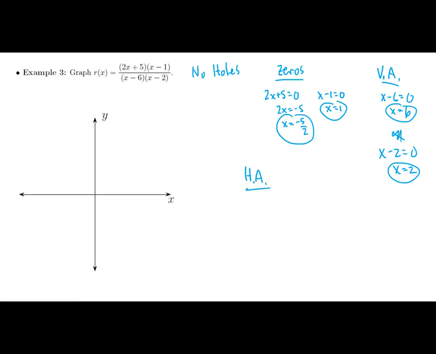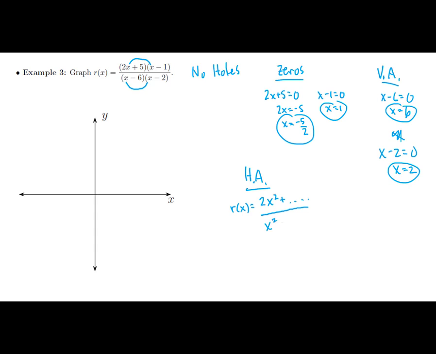Now in this case, it's already factored for us, so it's actually a little more challenging to see what the highest degree term looks like. So we could just FOIL both of these out to see for sure, but let's also understand that when you do FOIL them out, it's the first times the first in both cases that are going to produce the highest degree term. So I'm just going to be lazy here, and I'm going to say this function we're looking at is 2x squared plus stuff